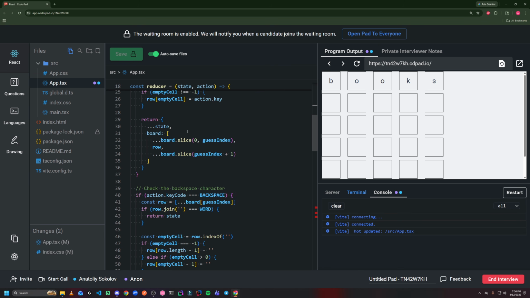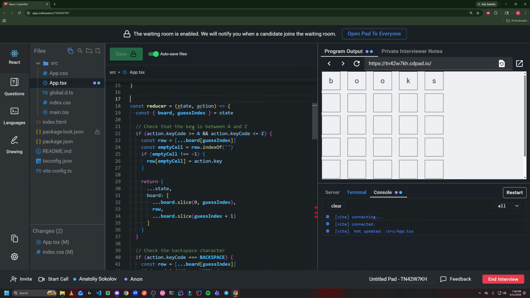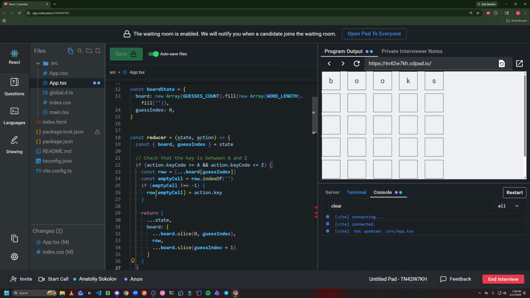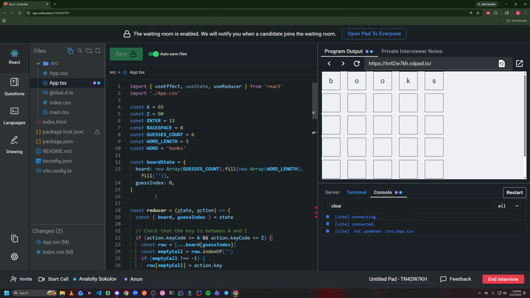So I think some of the things that you did well is the reducer was good. I think you were like, I have a lot of states, so I'm going to use a reducer because I don't want to just have 70 state items. But I think the thing that you did bad on, the thing that I also don't know super well,